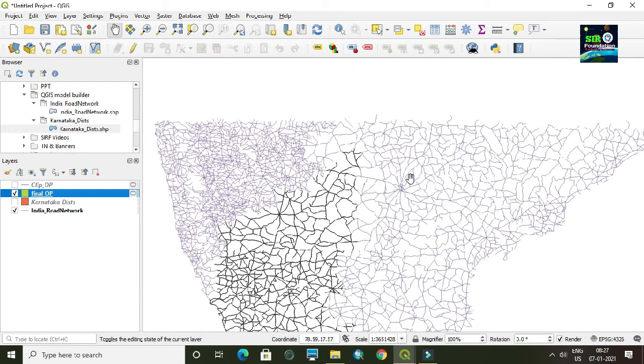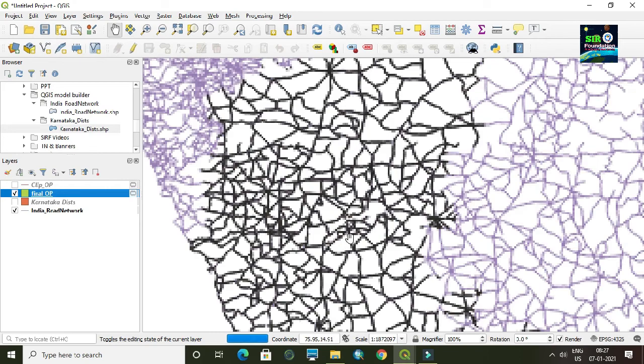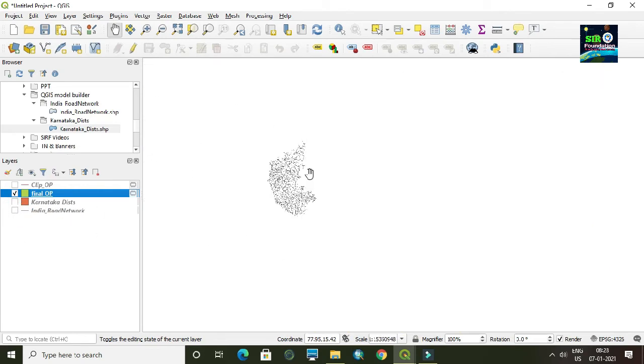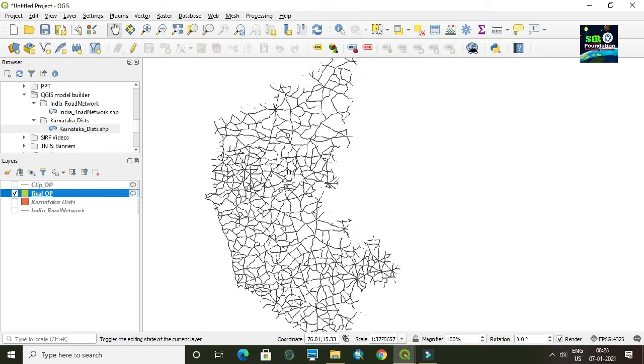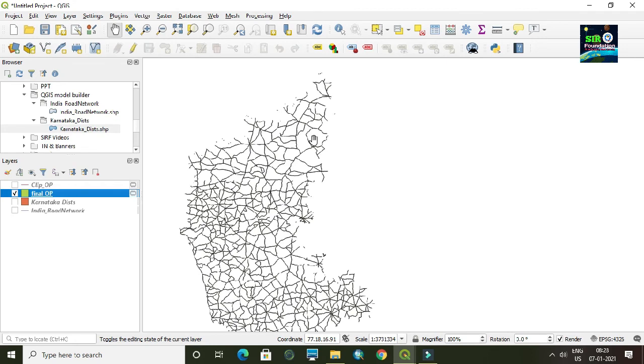So we have successfully clipped out the road network from South India, which only belongs to the Karnataka state. Here you can see the road network of Karnataka state. You can just turn off India's road network from this layer window, and you can see only the Karnataka road network.